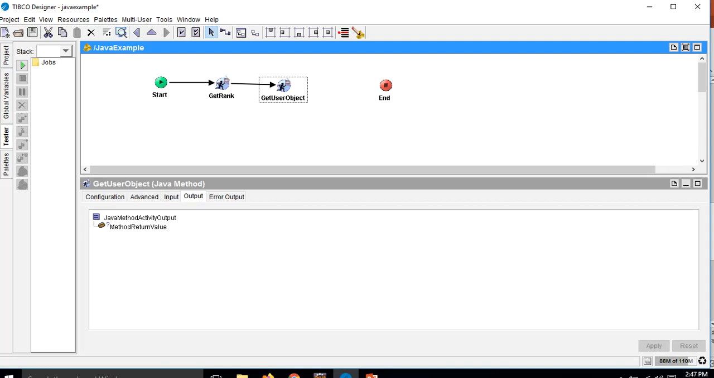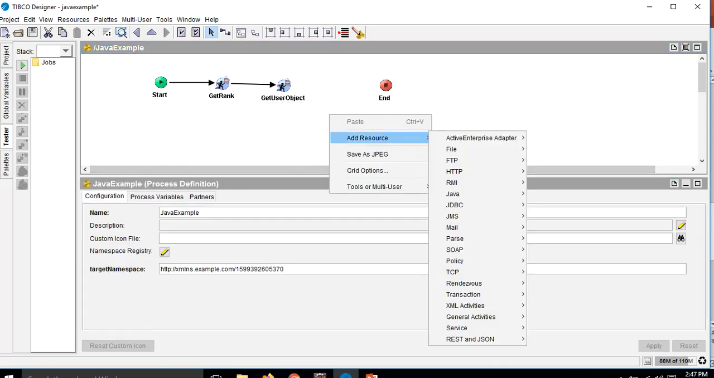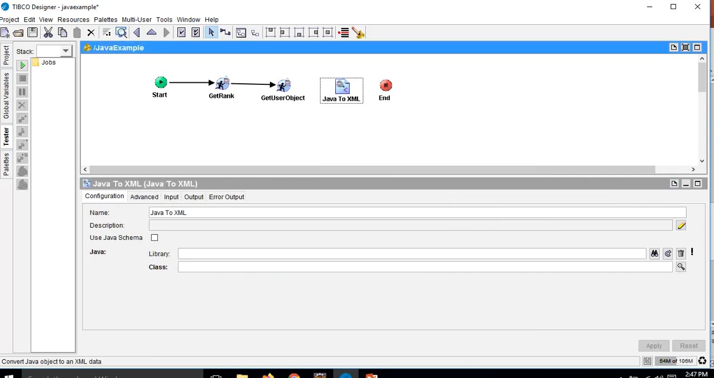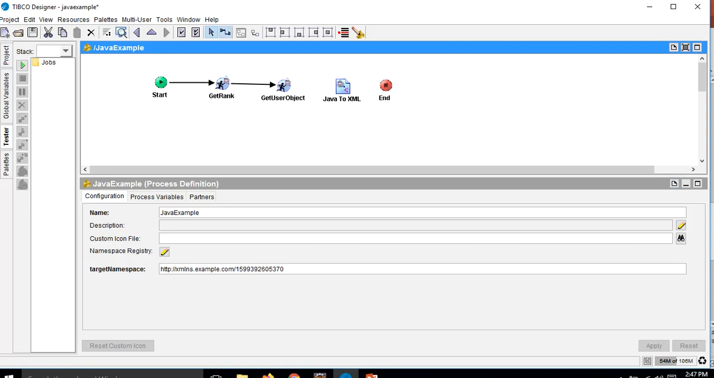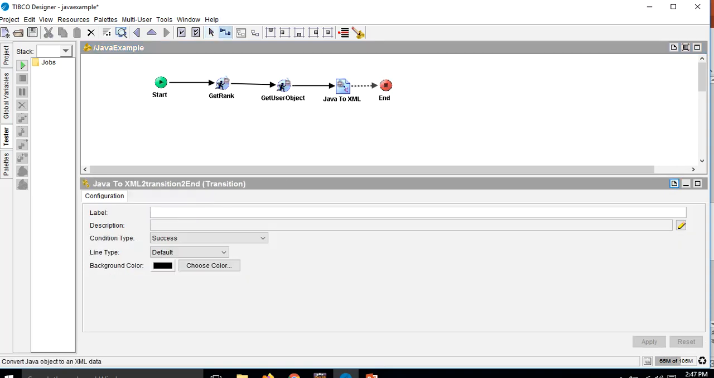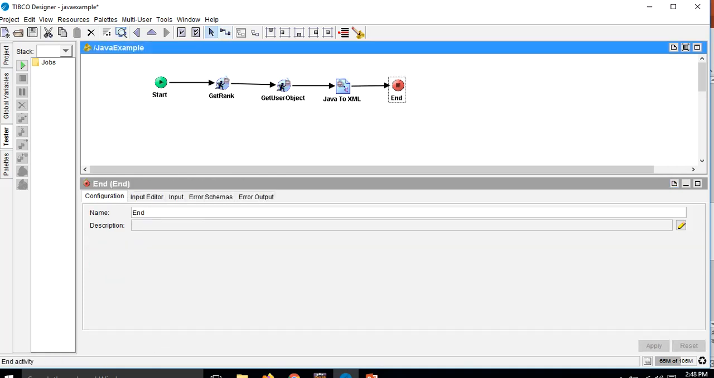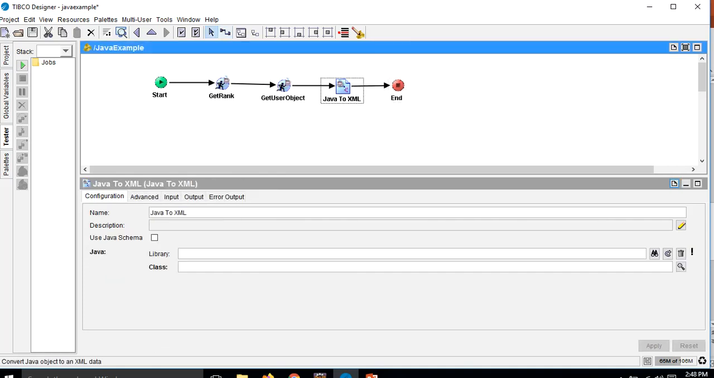So we cannot use the object directly in our TIBCO process unless we change it to an XML. So what I'm going to do, I'm going to add another activity from the Java palette, which is Java to XML. So this Java to XML activity will get as an input Java object, and based on the configured class, it will convert that object into an XML. So now